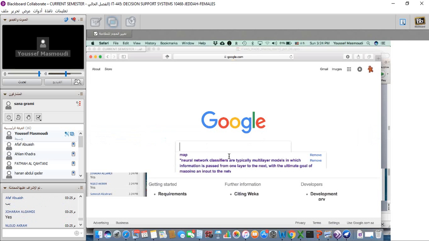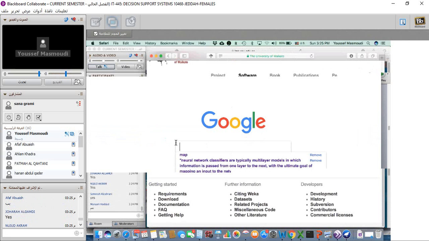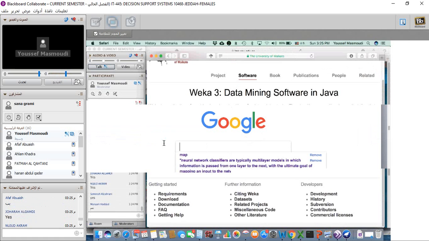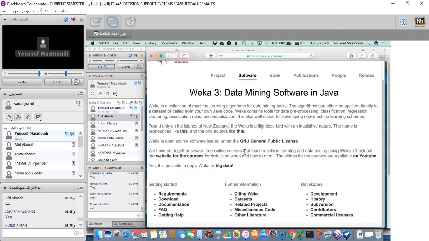Do you follow me? I shared my desktop. Are you able to see what I'm doing on my computer? Yes, okay. So I write Weka in Google, okay? And just go to software. You will find several distributions. So just go to software and where's, yeah,